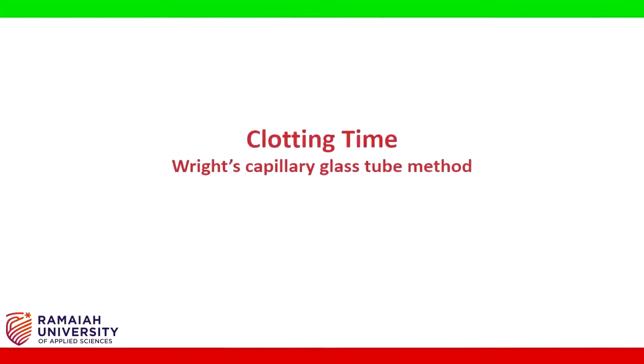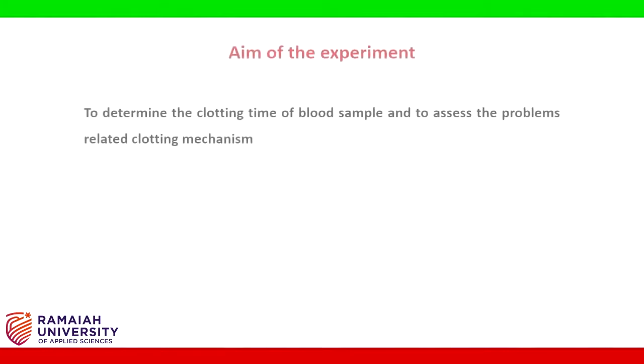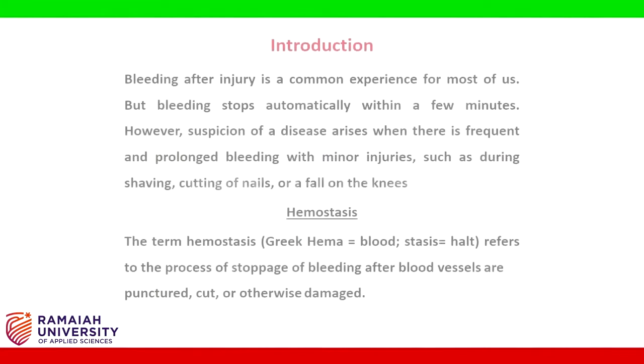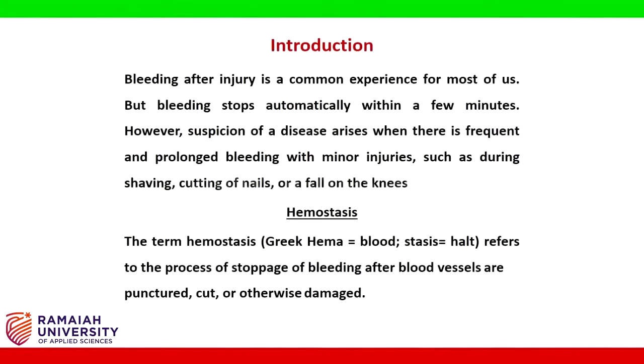Clotting time: capillary glass tube method. Aim of the experiment: to determine the clotting time of a blood sample and to assess the problems related to the clotting mechanism. Introduction. Bleeding after injury is a common experience for most of us, but bleeding stops automatically within a few